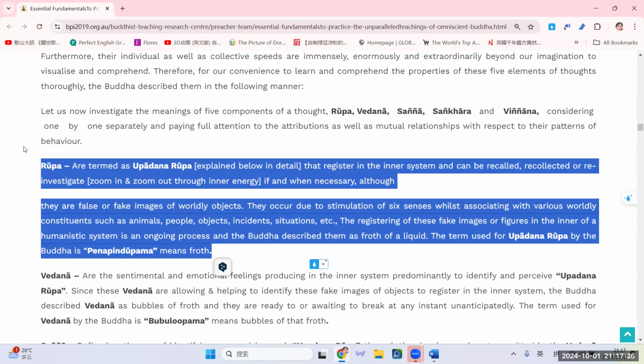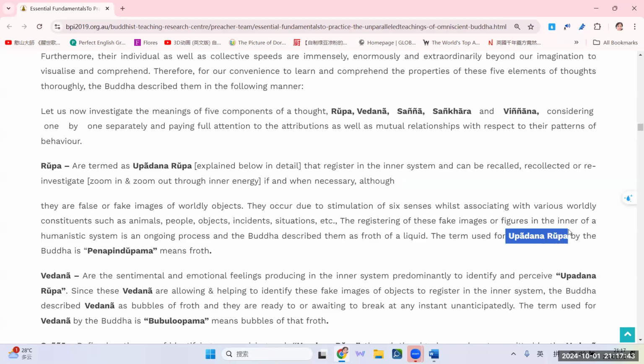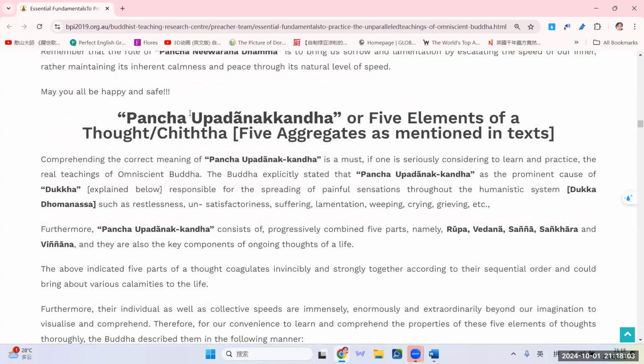Then that particular picture that you create in your mind is called, there's a word given by Buddha, Upadana Rupa. Now you ask me about the Pancha Upadana Skanda. Upadana Skanda. Now you go back to the heading or the topic. Now you know what Upadana means, which is created by us inside the brain or the mind. So you now see that Upadana Rupa, the image or the picture, is